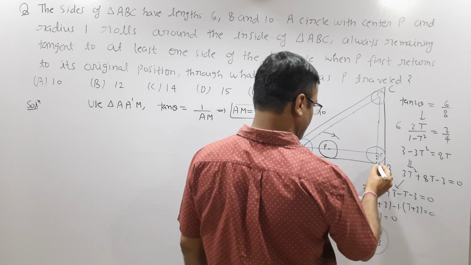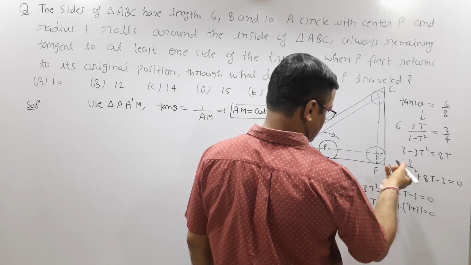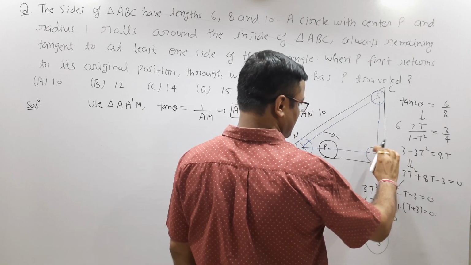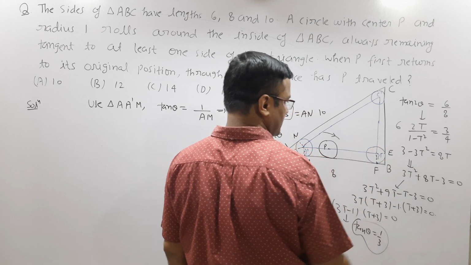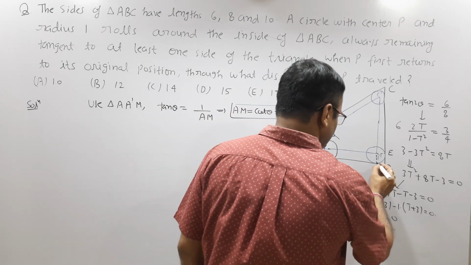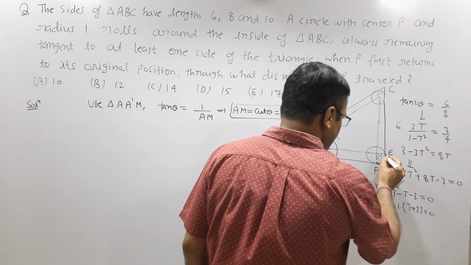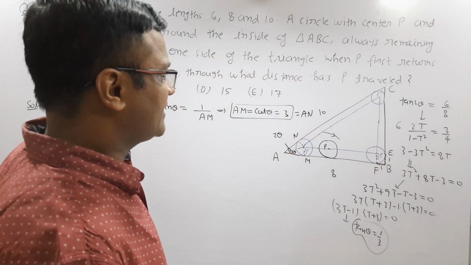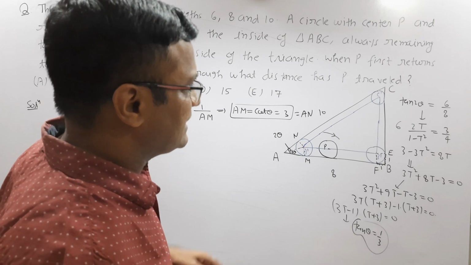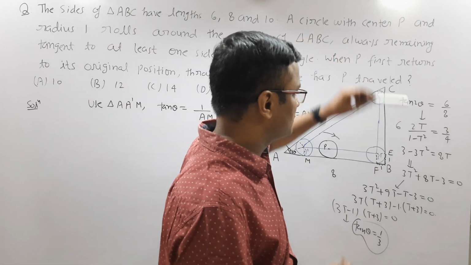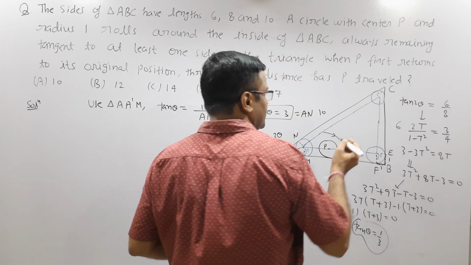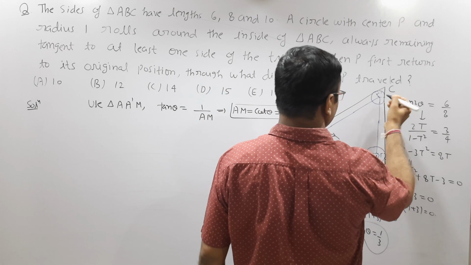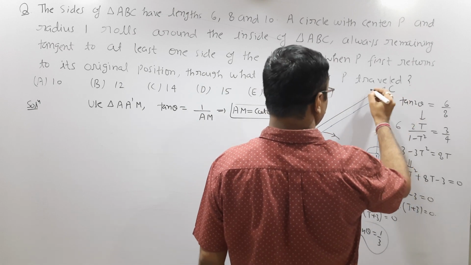Suppose these feet of perpendicular are F and E, then obviously B prime F is the radius of the circle, it is 1, and B prime E is also the radius. So the length of tangent from the vertex B to the circle is obviously 1 unit. Okay, so in order to find the perimeter, we also have to find the length of tangent from the vertex C to the circle. Here we first suppose the feet of perpendicular from C prime to the sides of the triangle are L and P.